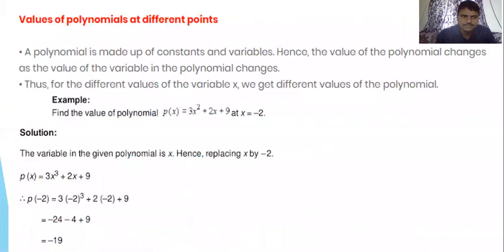Same as we discussed. Now, children, how to find the value of a polynomial. Come here directly. Find the value of the polynomial P(x) equals 3x square plus 2x plus 9 if x is equal to minus 2. Boys, try all of you. The question is P(x) equals 3x square plus 2x plus 9, x is equal to minus 2. Please substitute, find the answer and tell me.